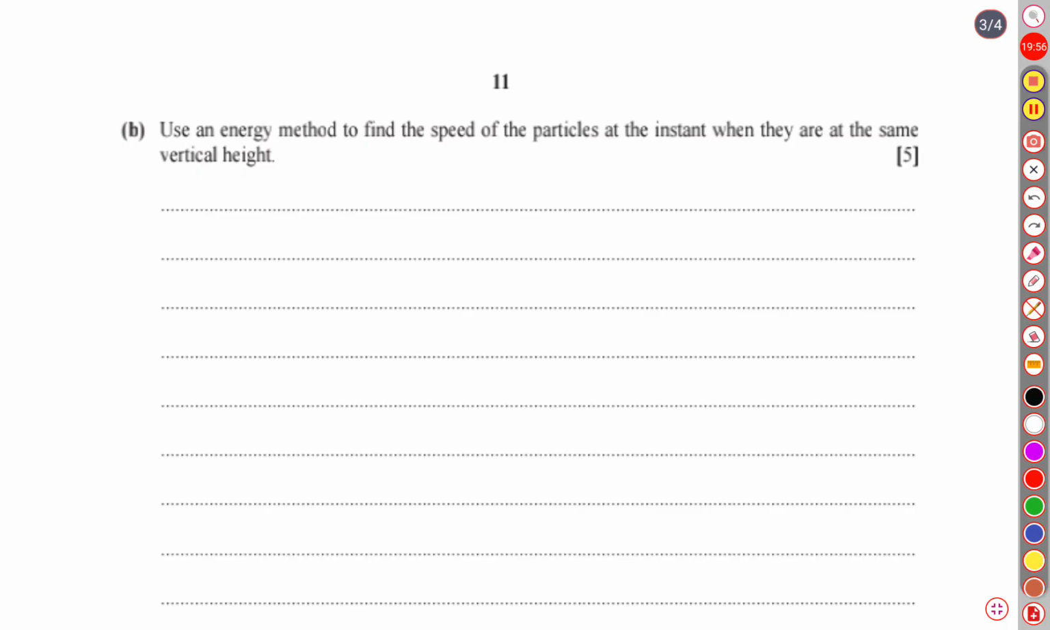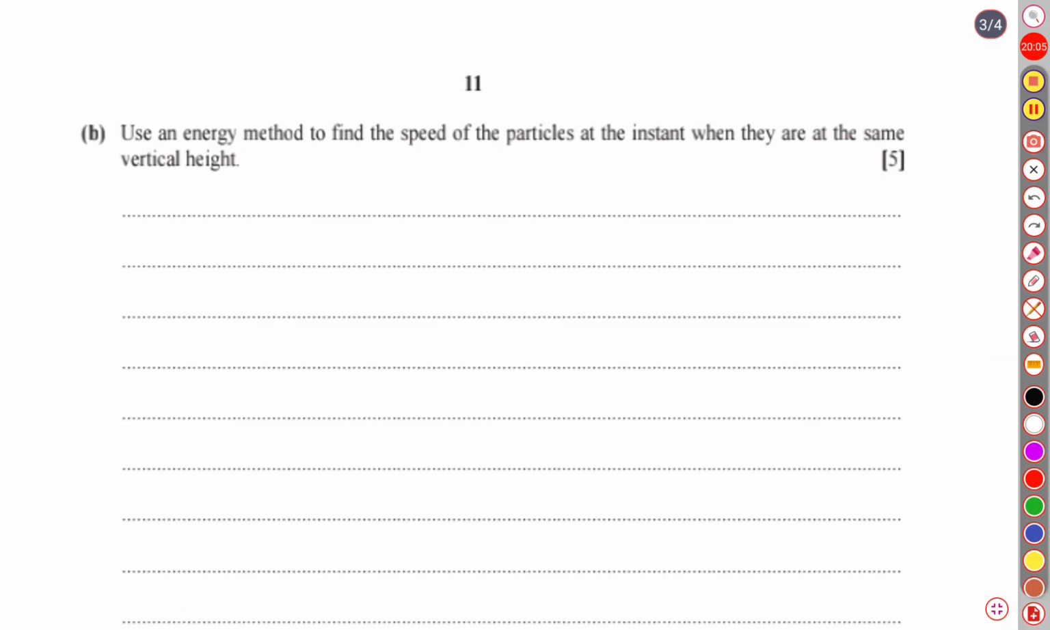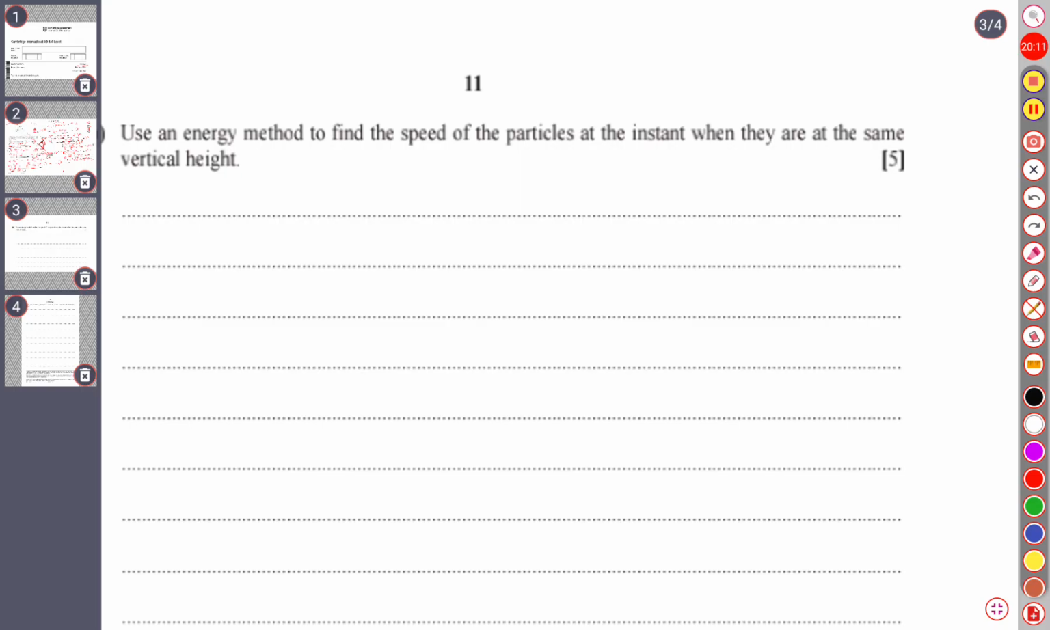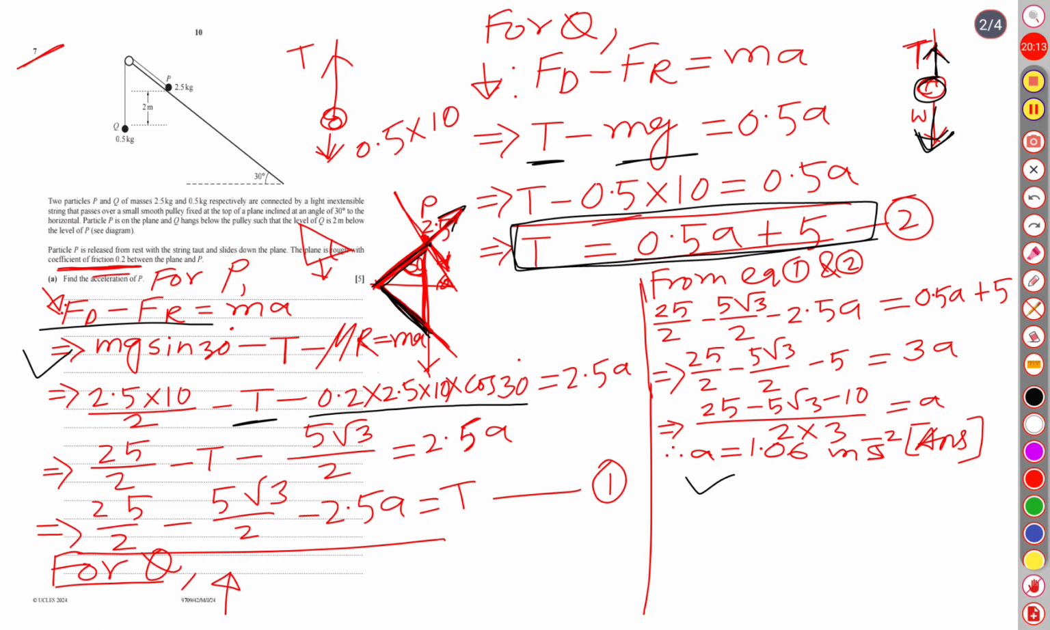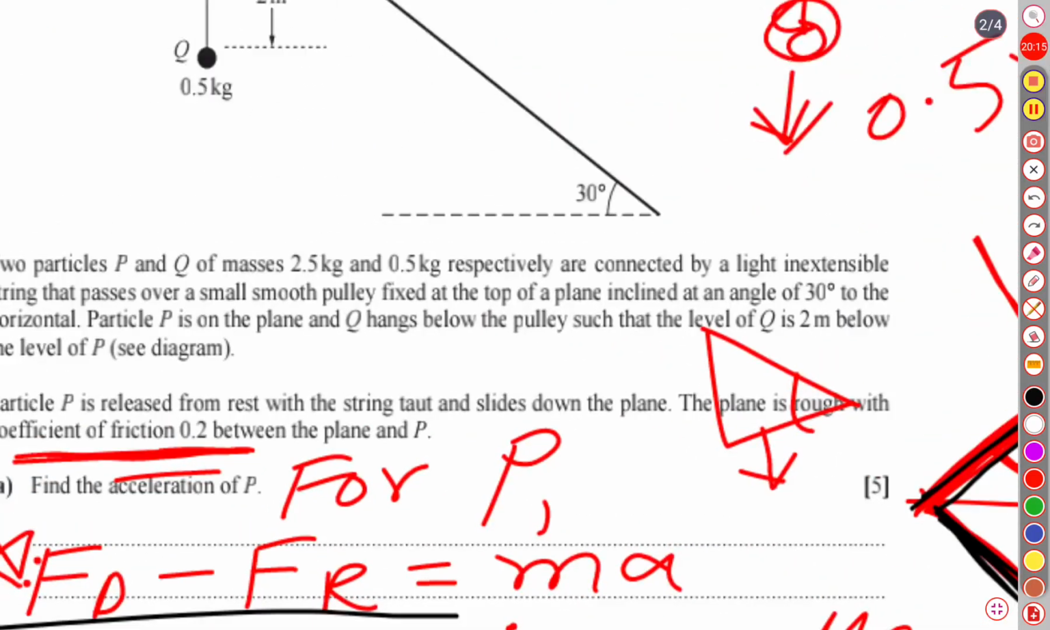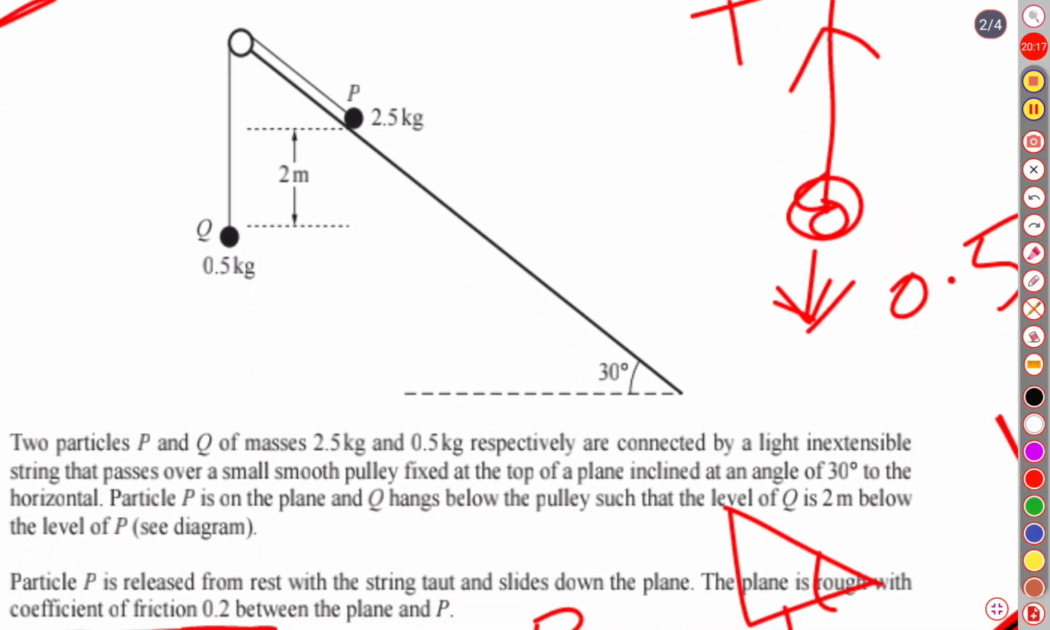Use an energy method to find the speed of the particles at the instant when they are at the same vertical height. Well, for that we will have to go back to the figure. Let me show you the figure, this is it. And here, look at this. Actually they are telling that P is sliding down over here, and Q is going upward like this